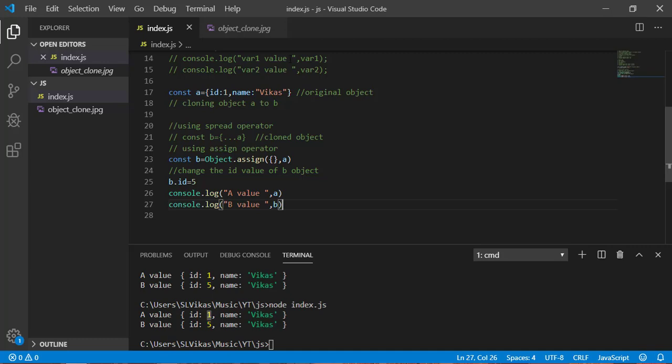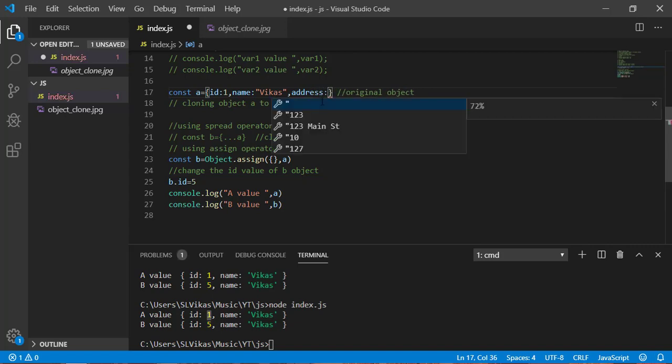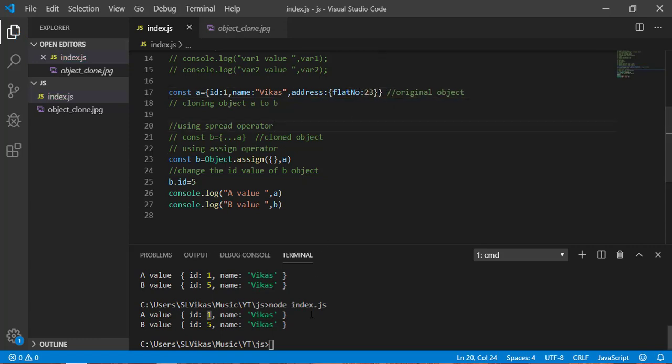Now let's make this object as a nested object. So I can write here address, and inside this let's call it flat number. I have this object and this value is 23. Okay, now save it and have a look here. So as you can see here, I am getting address equal to flat number 23 in both, right? But now I have to make changes to this one.